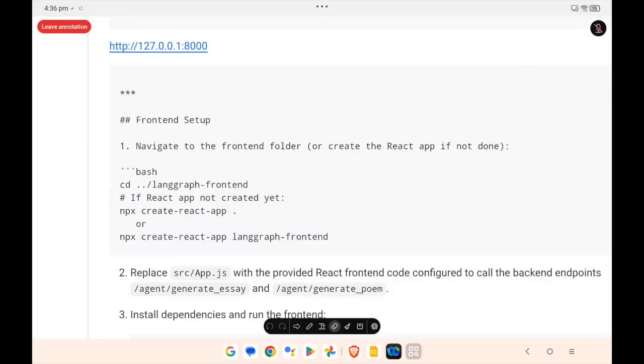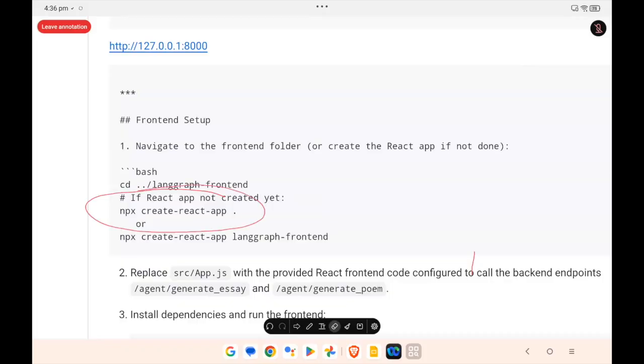Don't think more about what React is or how it works, because you can get into the details later. Basically, here you are linking the endpoints. I will give a walkthrough of the code, but for starters, just consider that you have frontend code where you are linking the endpoints. That's all. Okay. So this is the code to run the React.